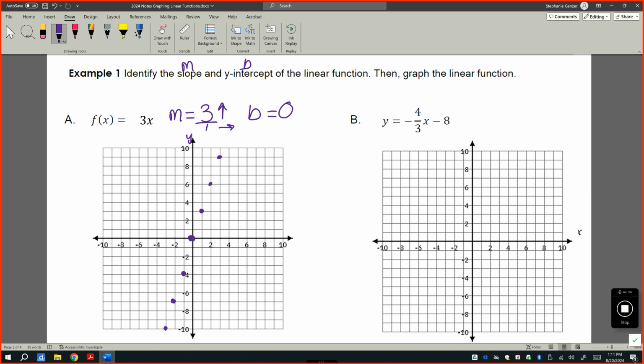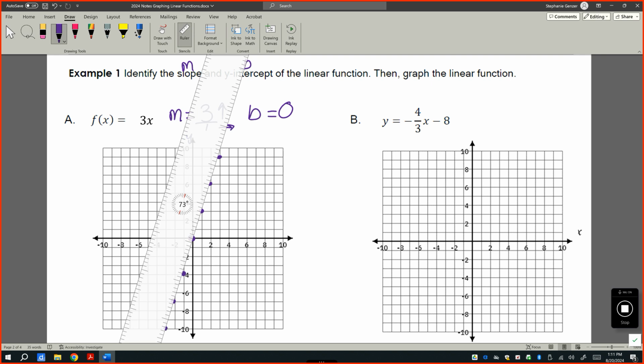Okay, once we fill out all of our points, we're going to grab something that's a straight edge, like your ID or a ruler. For quiz day, I'll put rulers out, but just use your ID or a piece of paper. Make a straight edge. Connect your points,